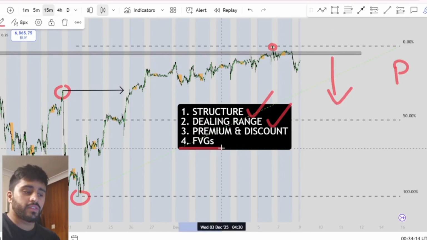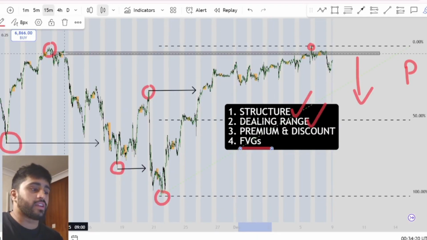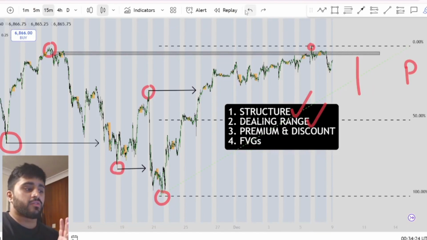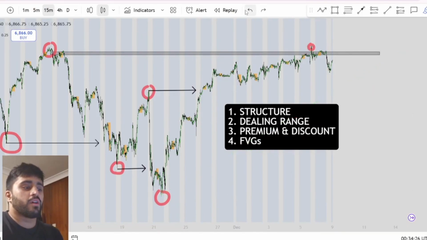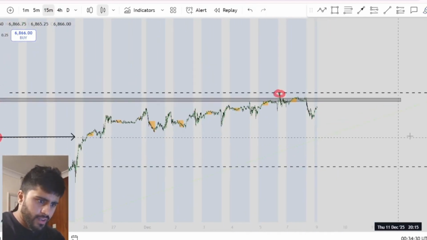And have you got a 15-minute fair value gap? Have you got a key level in the market that you can actually trade from? Well, yes, yes we do, 68.80, 68.90. So these are the 4 steps that I follow every single day. Once you have these marked out on your charts, it doesn't take you more than about 5 minutes to do. Now from here, when we